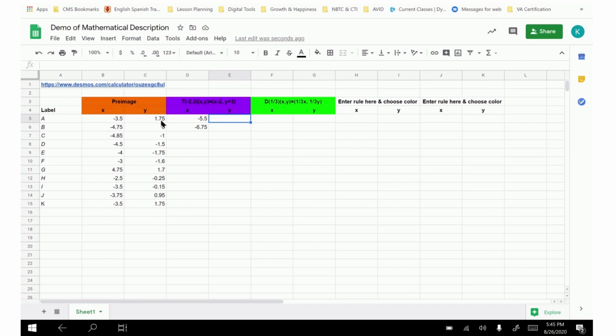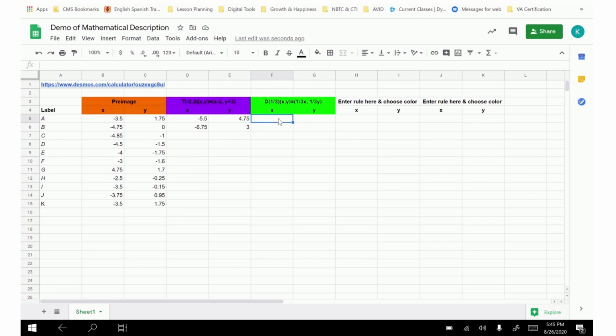So 1.75 plus 3. That means that's going to be 4.75. 0 plus 3 is 3, and so on and so forth until you get all your points filled in. Then you're going to come over here to the next table, the next side, and we're going to do a